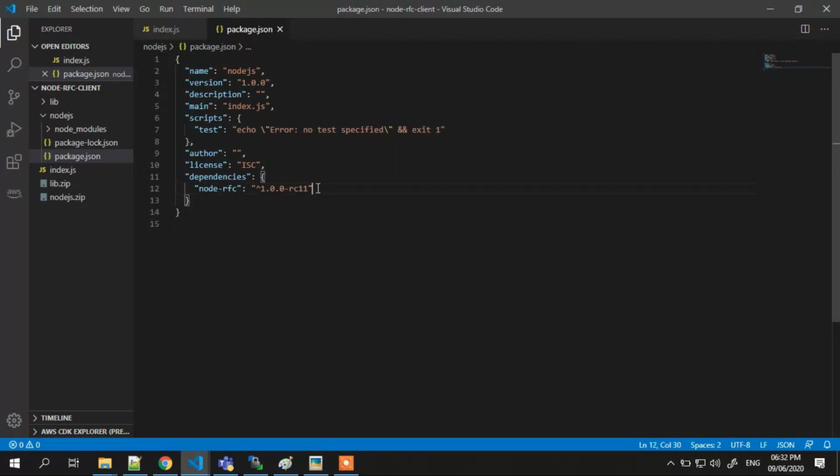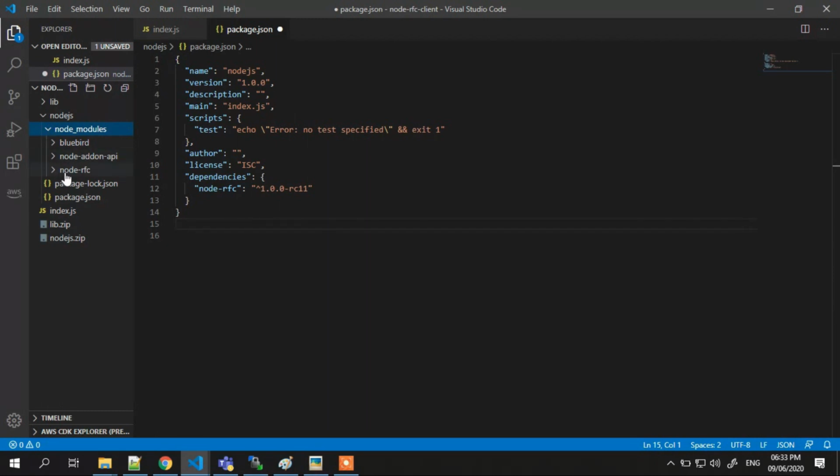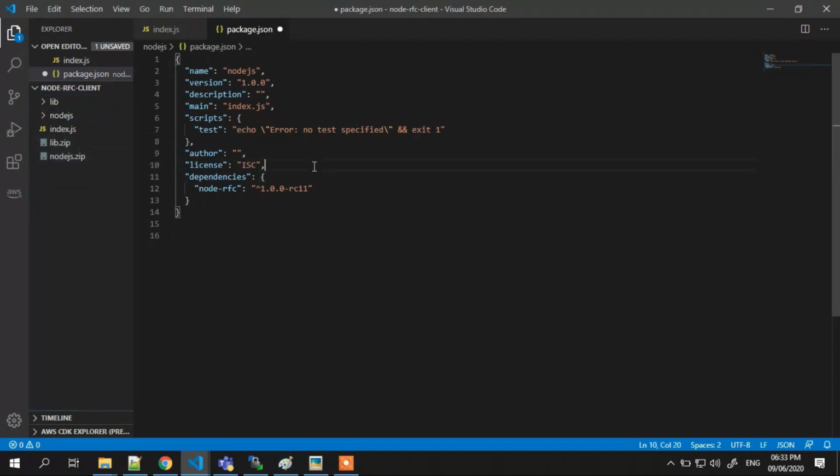I ran the npm init command, which gave me this structure, and then I installed it via npm install node-rfc@next. With this command I get all these node modules, that is the node-rfc module. I zipped this particular thing to be in a separate layer for later purposes.